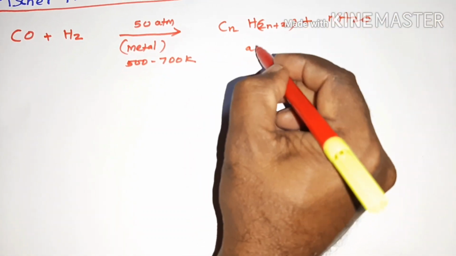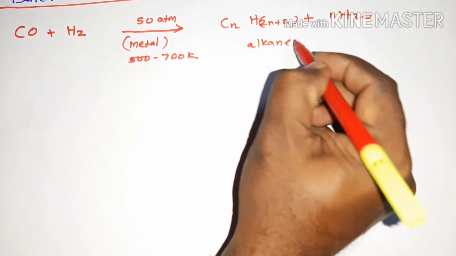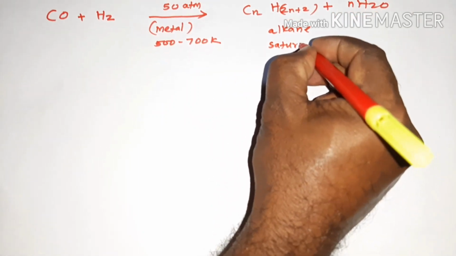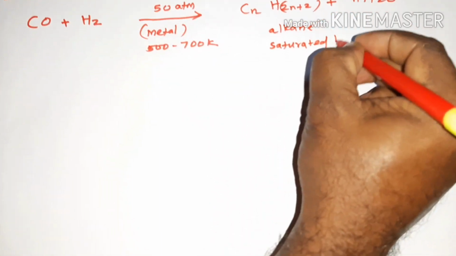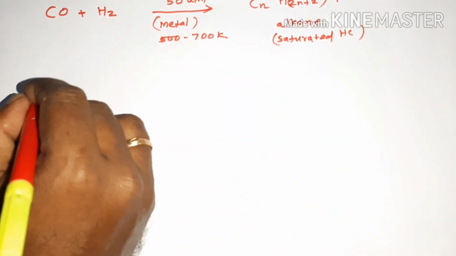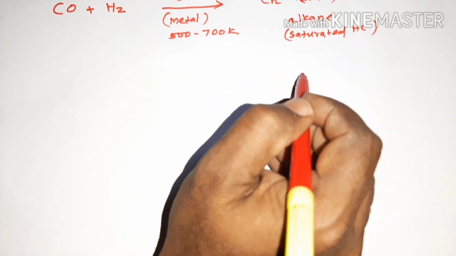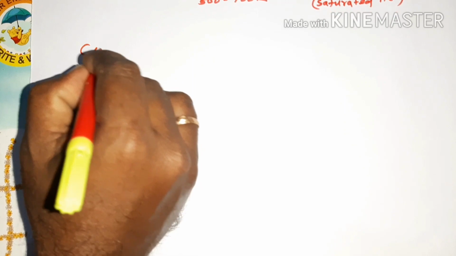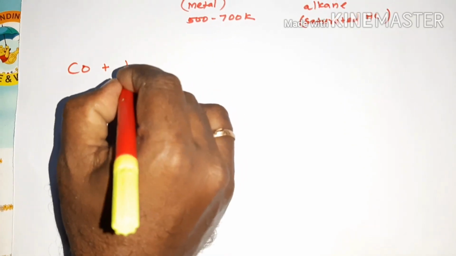This is the general formula of alkane, a saturated hydrocarbon. At the same time, we are getting alkene also, that is an unsaturated hydrocarbon, from carbon monoxide plus